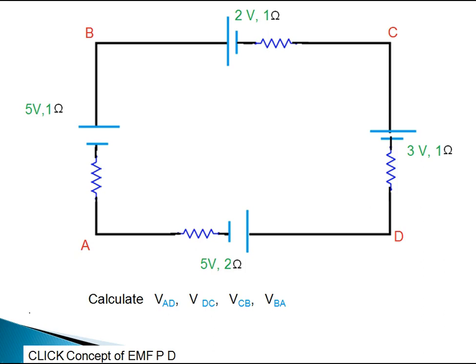Now first of all, you have to say what is the direction of flow of current. If I assume this 5-volt cell, I will say this is the direction of flow of current. If I assume this 3 volt, this is the direction of flow of current. This 2 volt, this is the direction of flow of current. And this 5 volt, this is the direction of flow of current. Now, ultimately you can say 5 plus 3 plus 2, due to the 10 volt direction of flow of current is anti-clockwise, and due to this 5 volt current is clockwise.